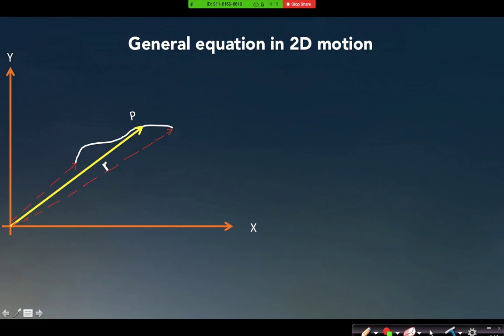And what about its velocity at this point? Can you tell me what will be the direction of velocity at that point P? How do I find the direction of velocity? By drawing a tangent at that point P. So you can see that this is the velocity of the particle at this point P. This velocity vector is representing the direction only, as it is always tangential to the trajectory where the particle is moving.